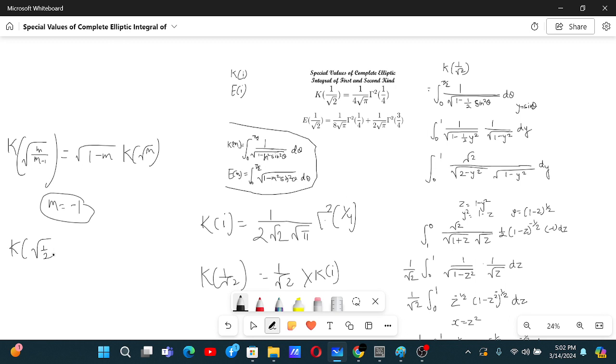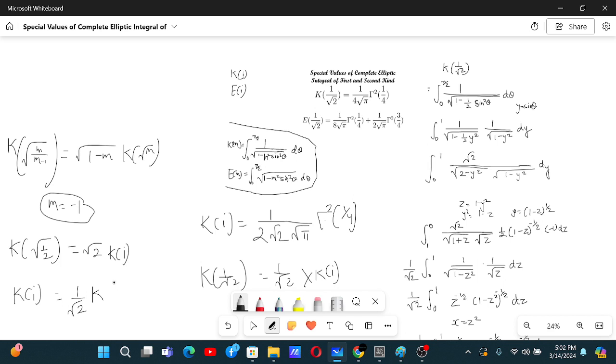K of square root of 1 by 2 is equal to, and then this is root 2, and then we have over here K of square root of minus 1, which is I. So you can now see why this holds true. K of I is equal to 1 by root 2 of K of,